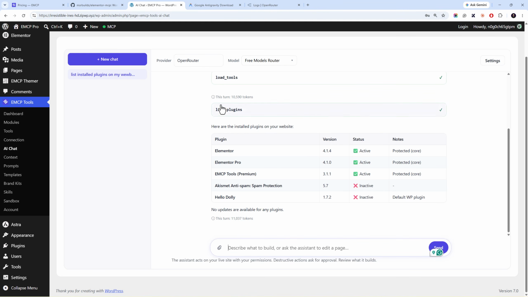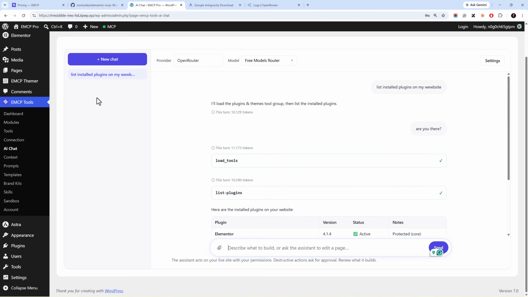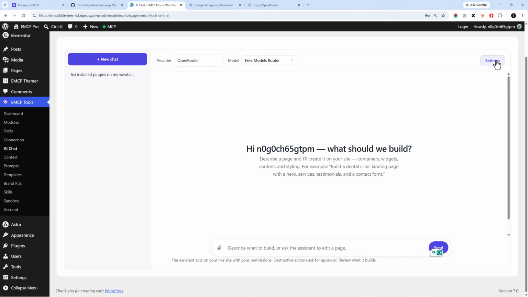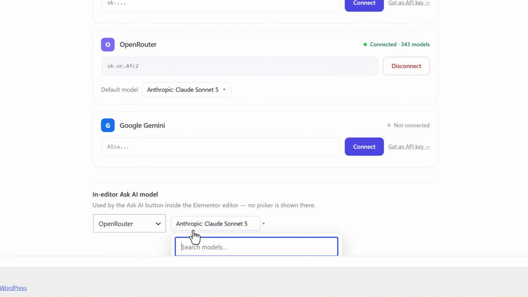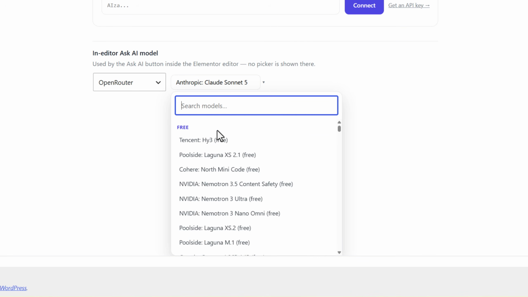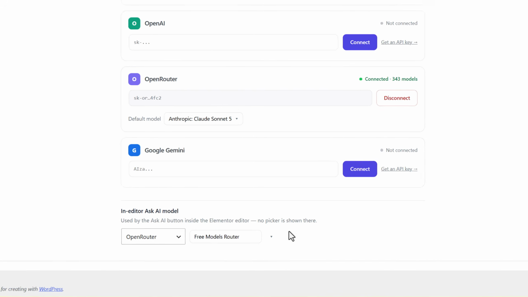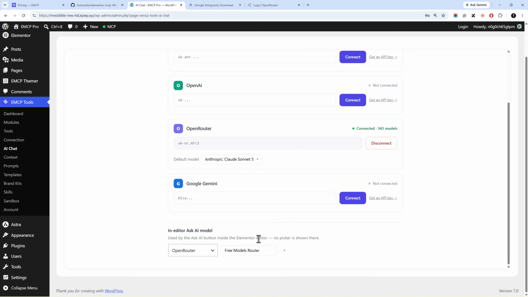Okay, this is where you can talk to it. The chat history is maintained over here. You can start a new chat. You can navigate to the settings. You can switch back, connect other models, and then you can also set a default model when you want to use the Ask AI model that is integrated into the Gutenberg and Elementor. Let me show you how it works. Select a default model over here,